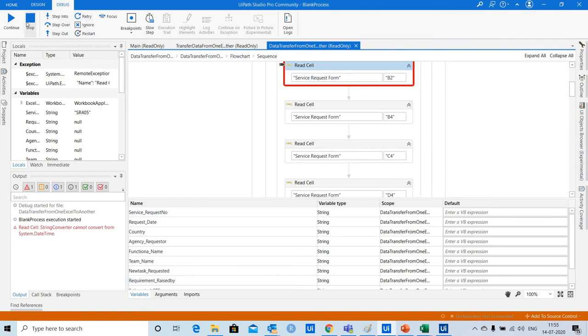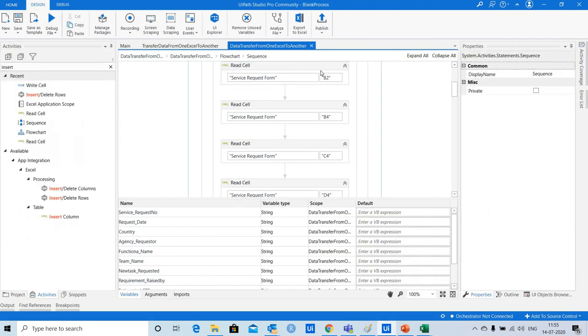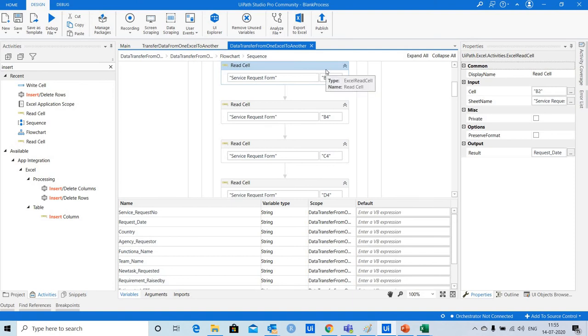So the error it shows here: string converter cannot convert from system dot date time. In this case, friends, remember this cell data we have captured for request date, and the input data is in the form of date format. So we need to define this variable as system.date.